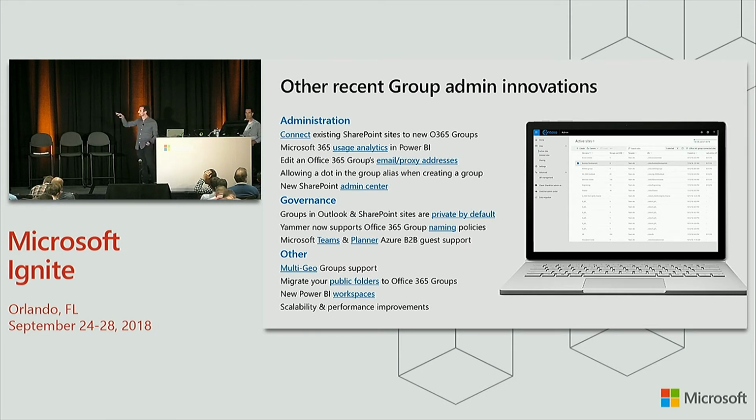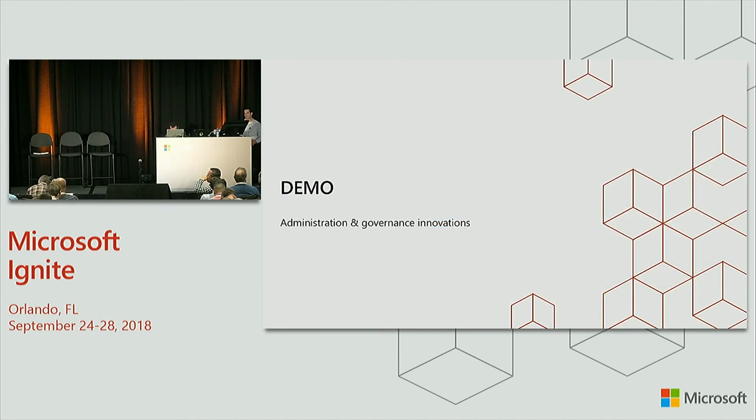And then the last one, I added this bullet, but it's true, we spend a lot of time on scalability and performance. It's not something we make big noise about, but as groups is being used by tens of millions of users, we are learning a ton. In real time, what can we do to improve, either to make the creation of a group very snappy, seconds, or so you can have more groups with more users and it's still snappy and the end users are not suffering. So this is just a recap of some of the other things we've been doing since last Ignite for the past year. Now, enough talking, let's switch to a couple demos.